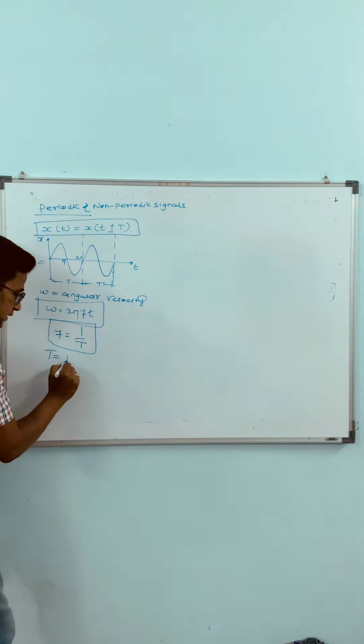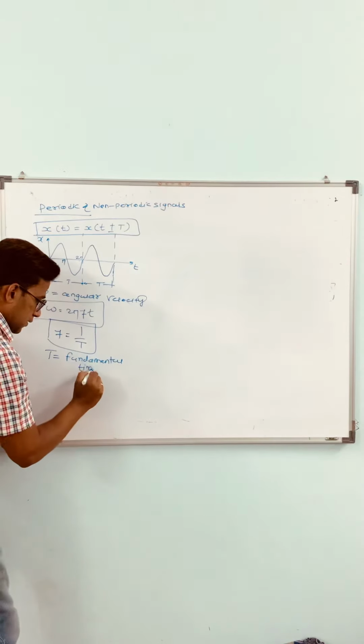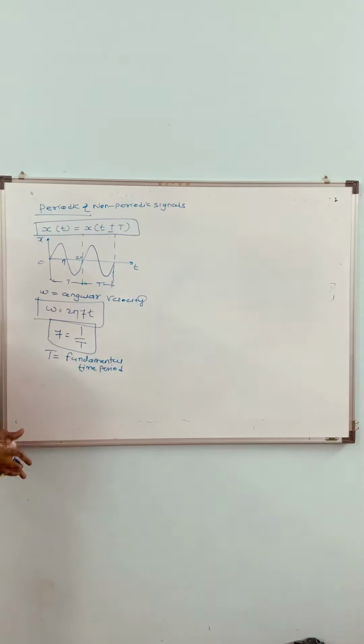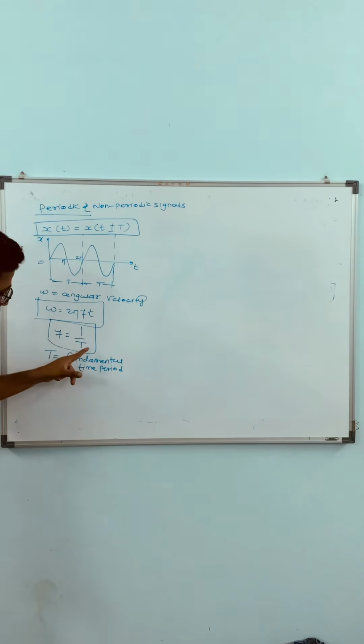This is the fundamental time period. By taking out this frequency from the omega, we have to analyze 1 by T. This means that when your signal is given, you can take out the frequency from that signal and check the expression that will come in this manner, 1 by T.